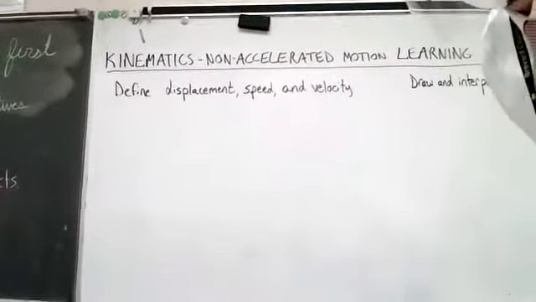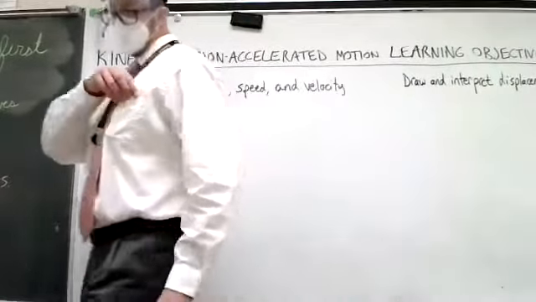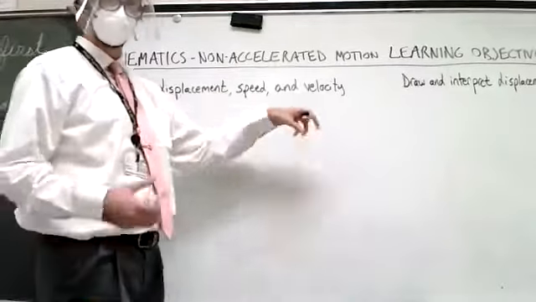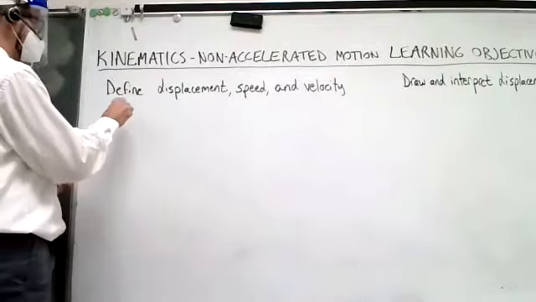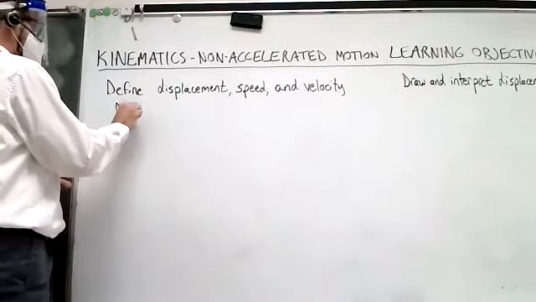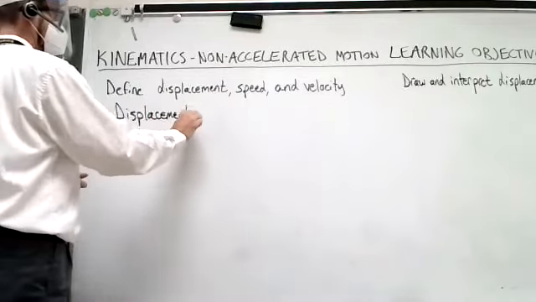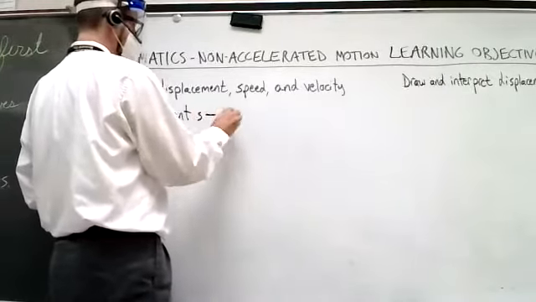Define displacement, speed, and velocity. If we think about this first learning objective, they give us the foundation upon which we build all the rest of the physics. So let's make sure that we have good textbook definitions in mind. Displacement. We use the letter S for that, and so we'll define it as